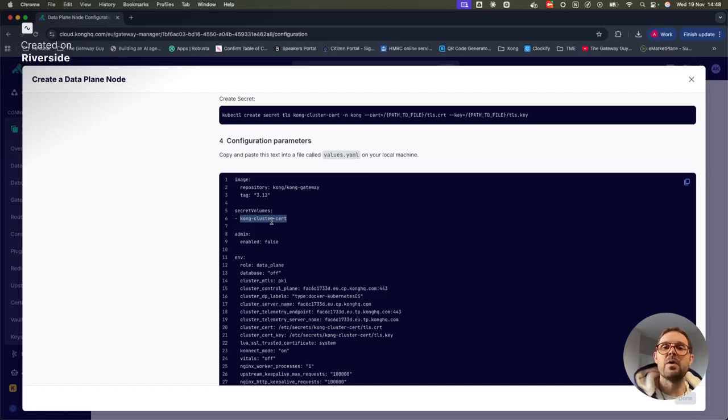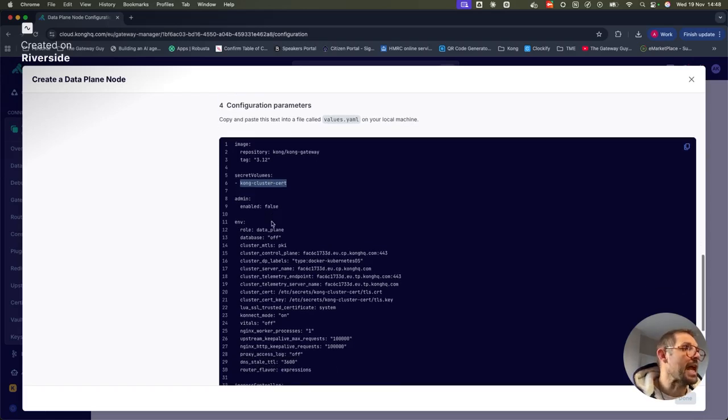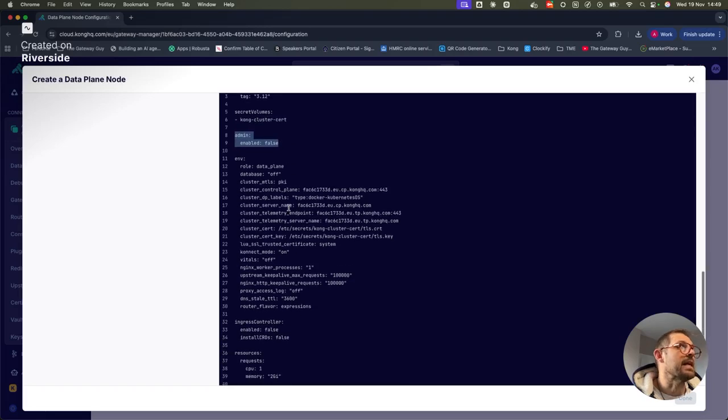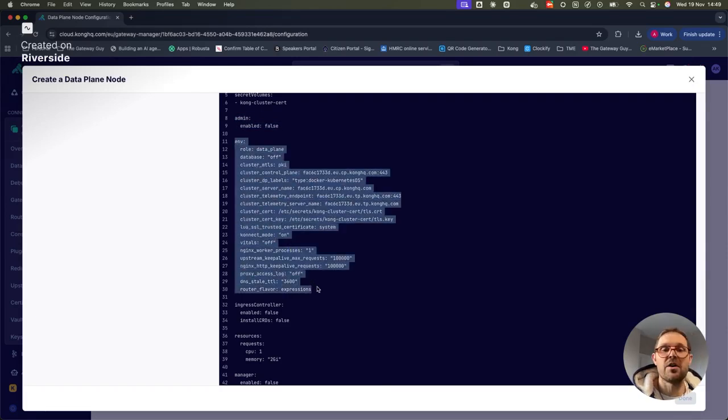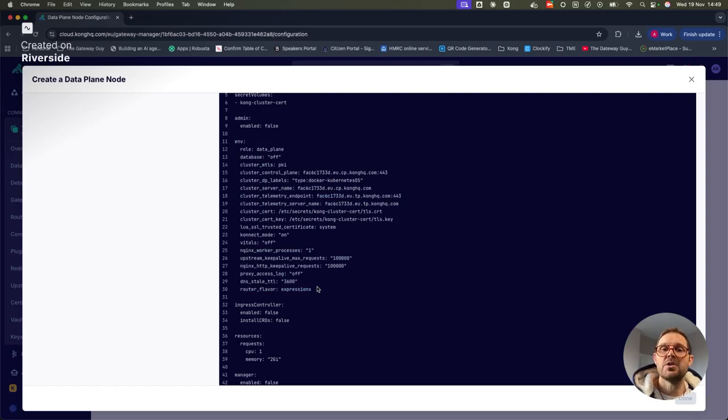And then you'll see we are configuring Kong to read those from the file system. The admin API is disabled because this is running as a Konnect data plane. And then these environment variables are all of the Kong environment variables. These are the settings that are going to Kong, the application running on the pod, and configures it to connect up to Konnect. The main ones here to look at: the cluster control plane, the cluster server name, and the